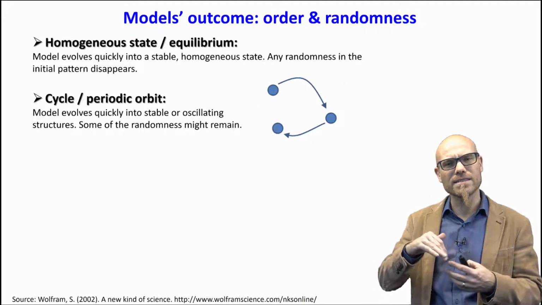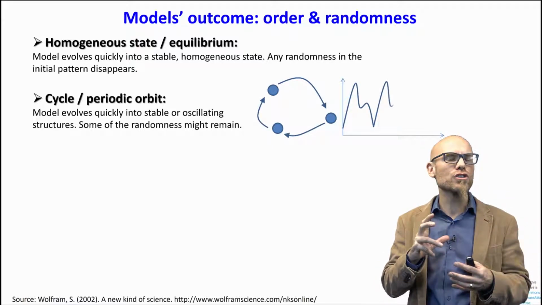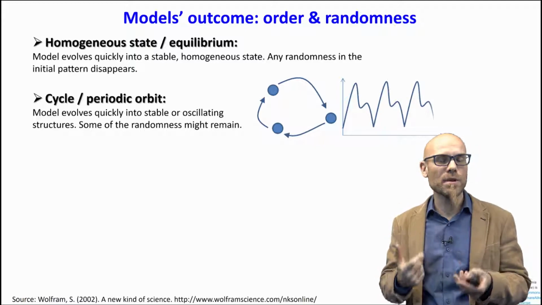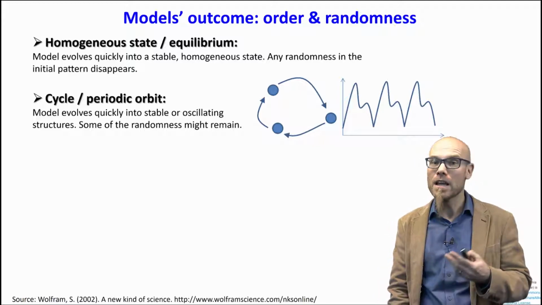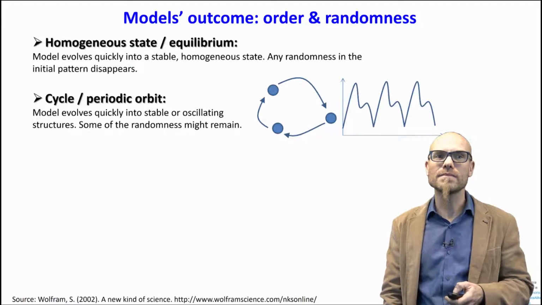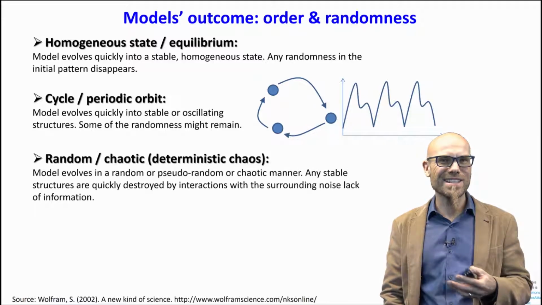You can see these cycles, and it's not like it stops at one point, but you can make a prediction about these cycles, and there are special methods you can use to analyze this kind of periodic behavior. That's also a possible outcome that you can have. Then another outcome is randomness or apparent randomness, chaotic behavior.